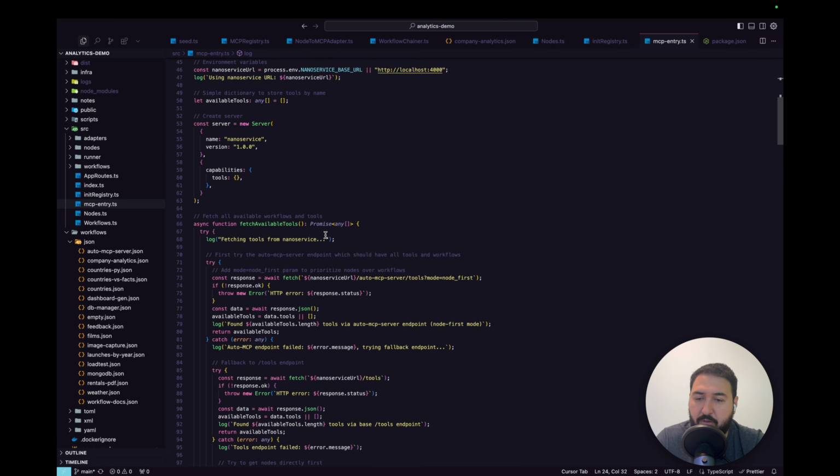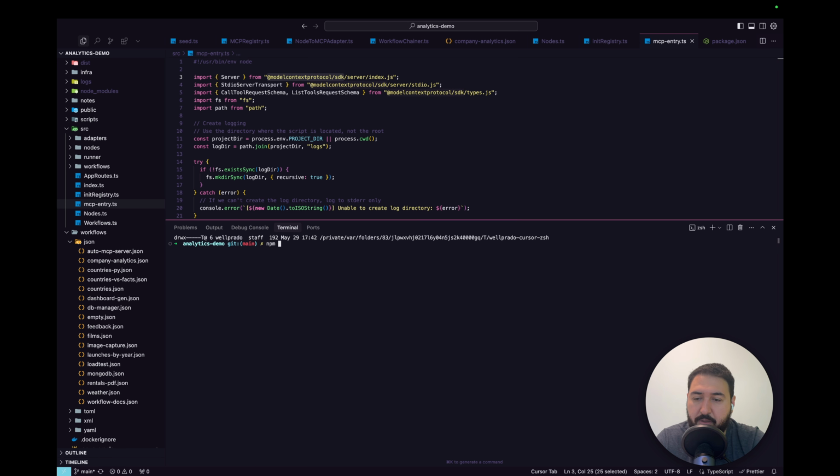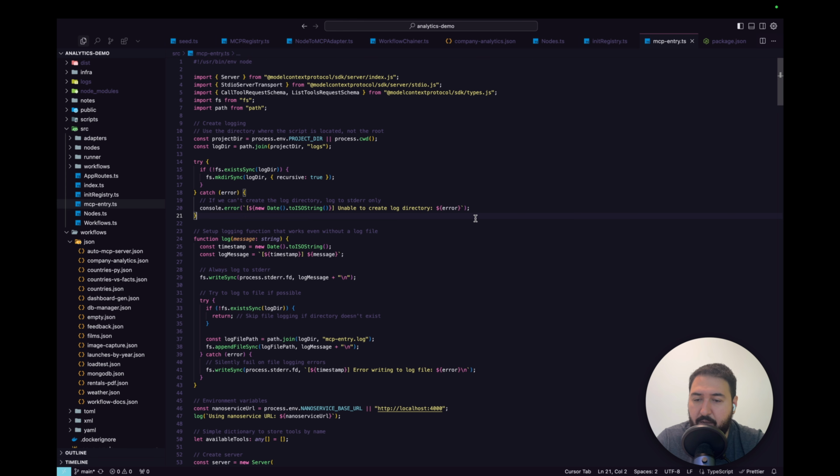Yeah. So we have this whole file, just copy and paste, and we need to install the Model Context Protocol SDK. So just install this package. Just open the terminal, npm install, and then we just run this, and that's it. Real quick, really easy to understand. And yeah,